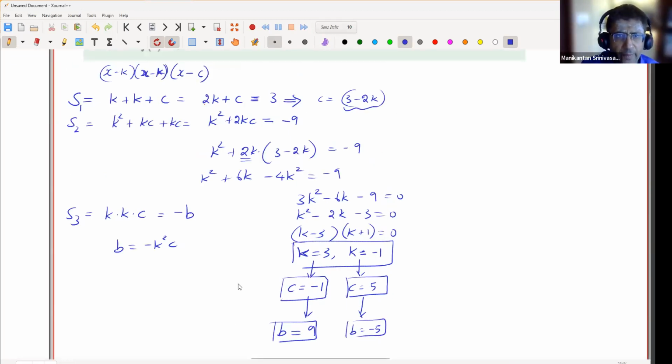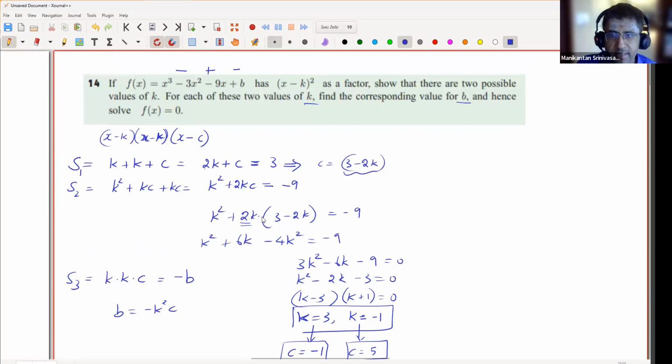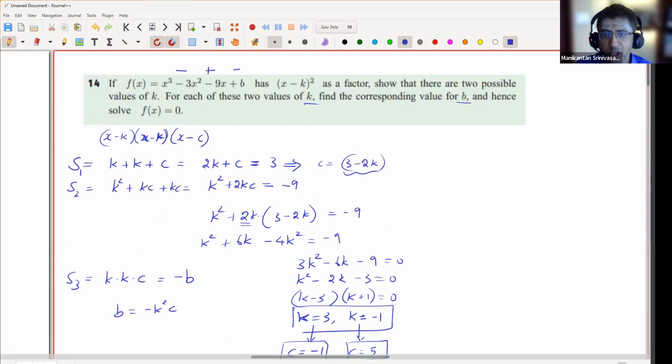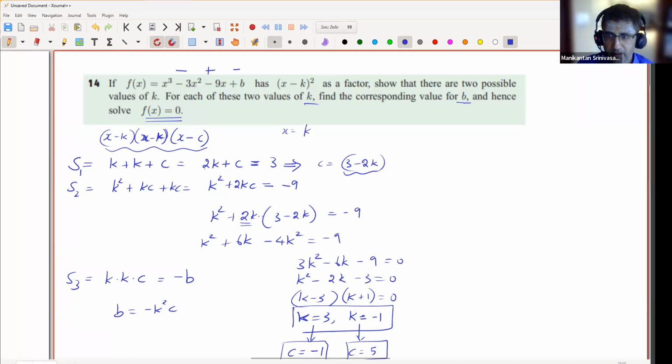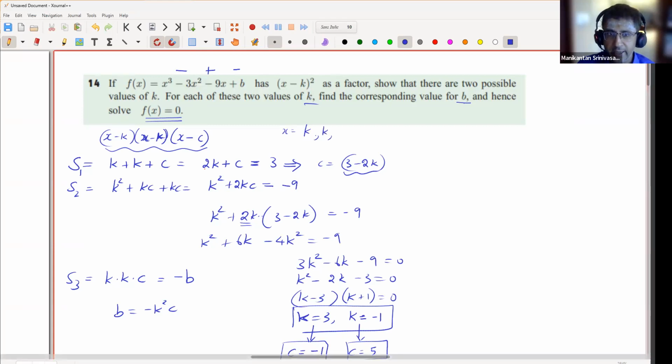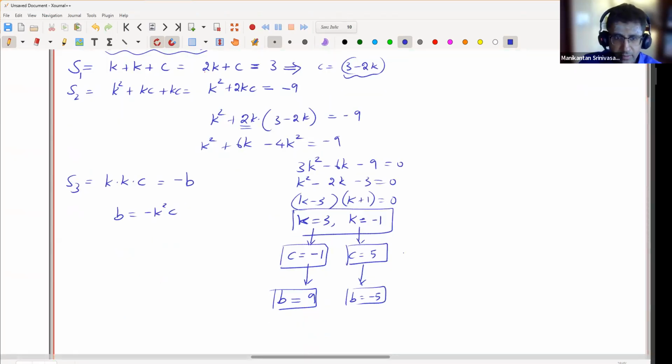And therefore, now we can write this quadratic as, for each of these two values for k, find the corresponding values for b. We did that. Hence, solve f of x equal to 0. We already solved f of x equal to 0 because we are writing it in this form. The solution for f of x equal to 0 will be x equal to k, and that will be a repeated root. So 3 solutions: x equal to k, x equal to k, and x equal to c. So the solutions, depending on k, are 3, 3, and -1, or